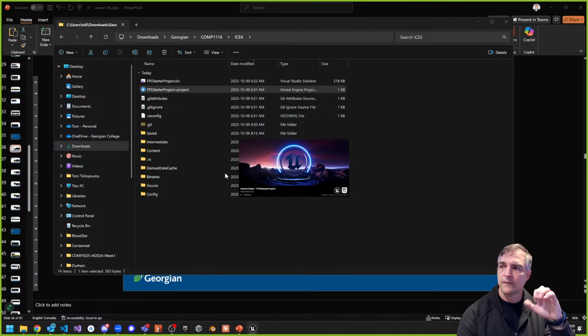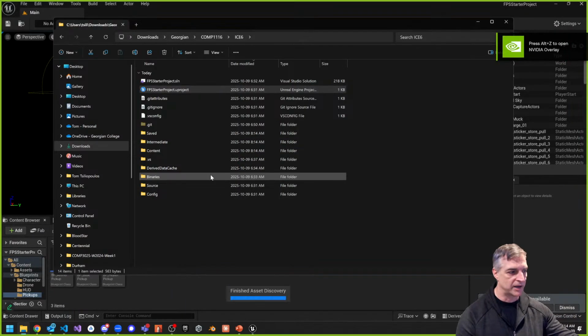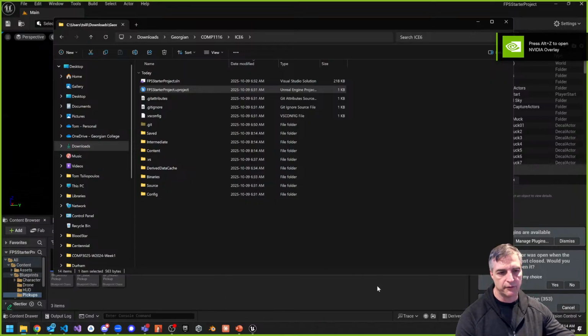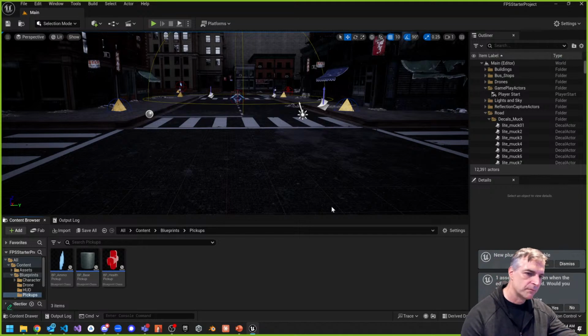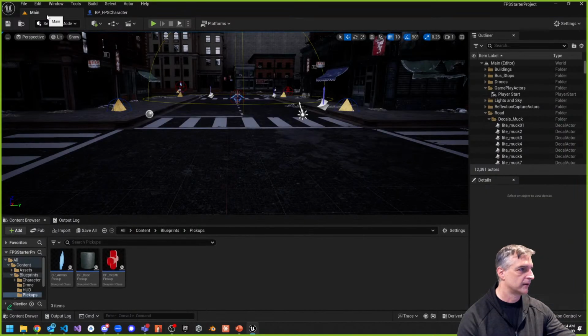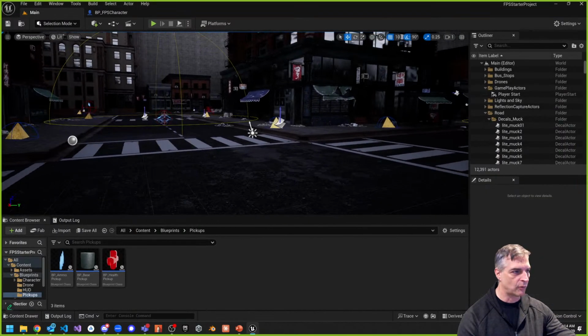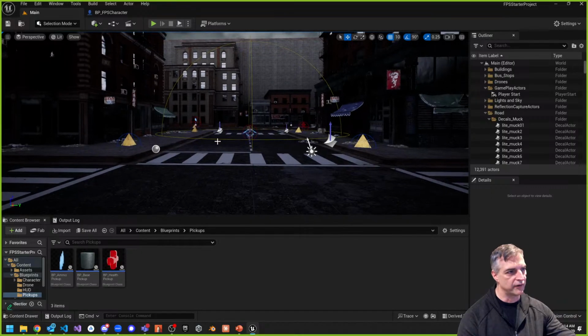So this one, I've got the city built. The drones have been added. I think I've added 5 drones, and I've added some pickups. So the pickups all work. You can pick up stuff, and it's going to give you health, or it's also going to give you ammo. So this is what this thing is. I'm assuming that you at least got to this point, because this is what was required within in-class exercise 4, kind of, and then in in-class exercise 5